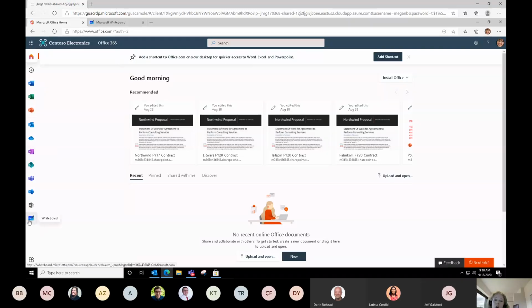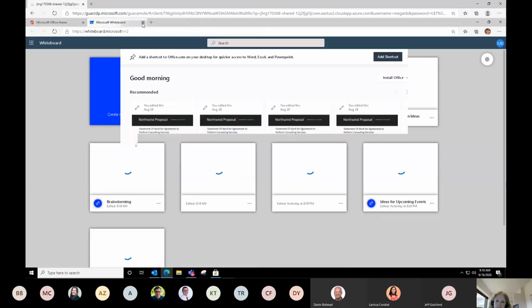And it looks like a blue board with a rectangle on it. Okay, and I'm not saying you're always going to use it in the web app, but we're trying to kind of stretch your imagination here and let you know how it's available. When you click on it, it's going to open up in the browser tab.